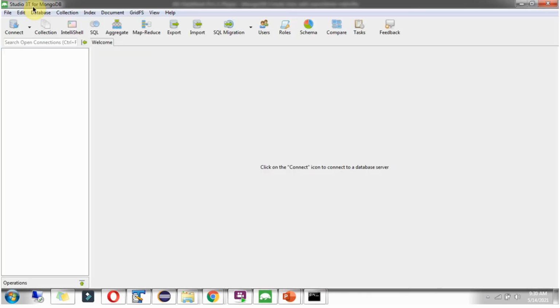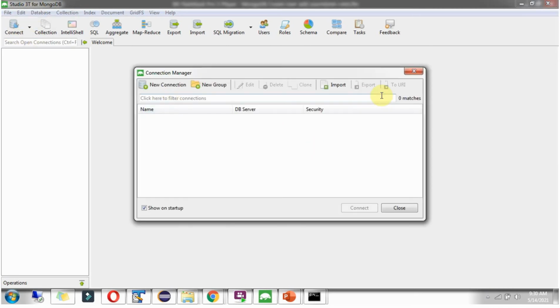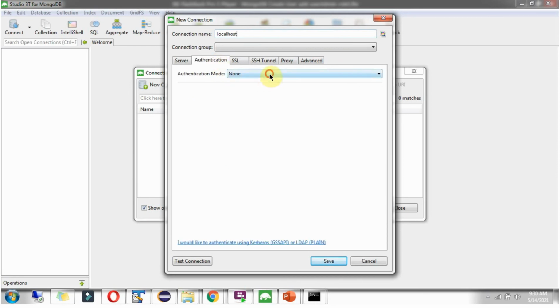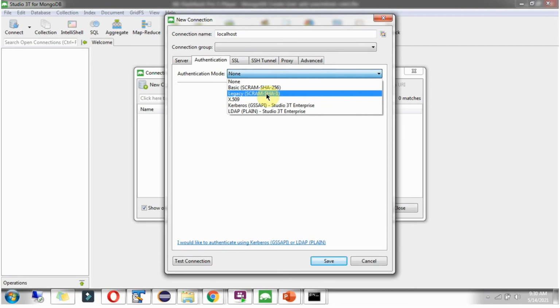Now I have opened the Studio 3T client for MongoDB. Click on new connection. Connection name I am giving localhost. And for the MongoDB server, we have enabled authentication. Select this. Select legacy.